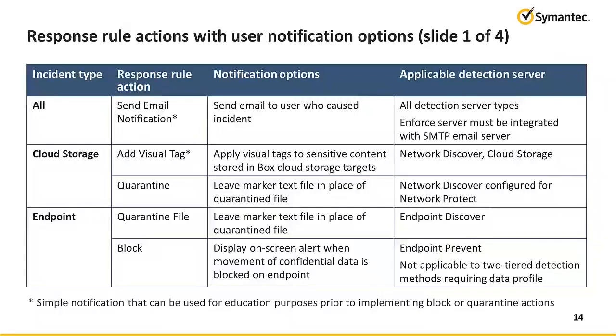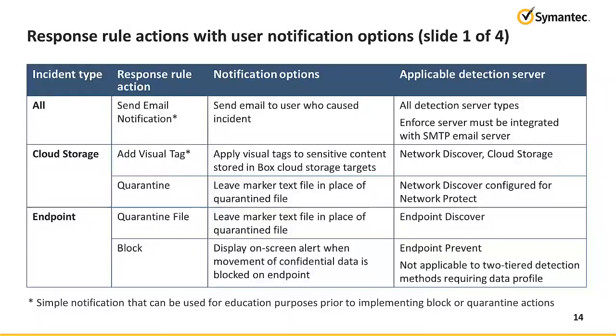For cloud storage, you also have the option of quarantining, which is leaving a marker text file in place of the quarantined file. The text you specify for the marker file will explain to the user why the original file was quarantined and where it can now be found. There is also an option for adding a visual tag. This quarantine file option, which leaves a marker text file in place of the quarantine file, can also apply to